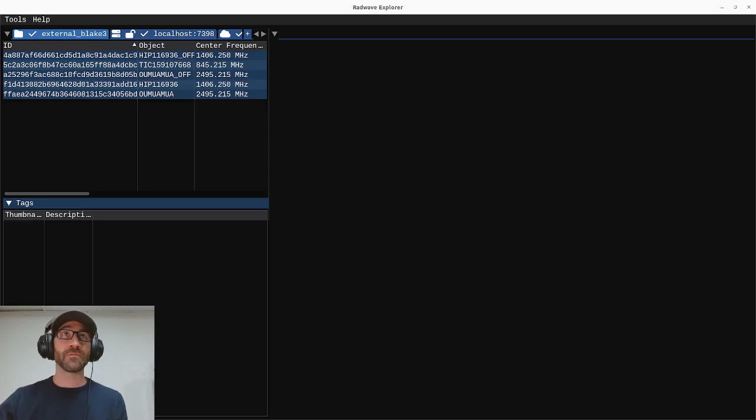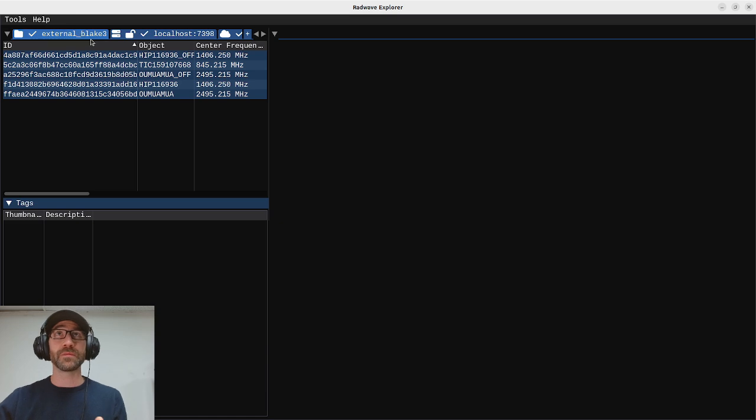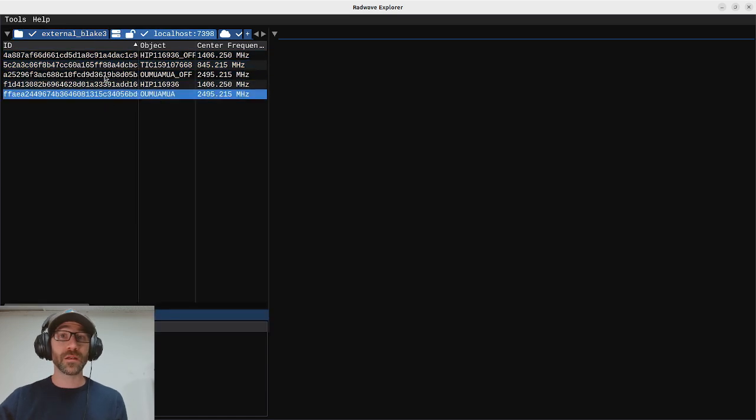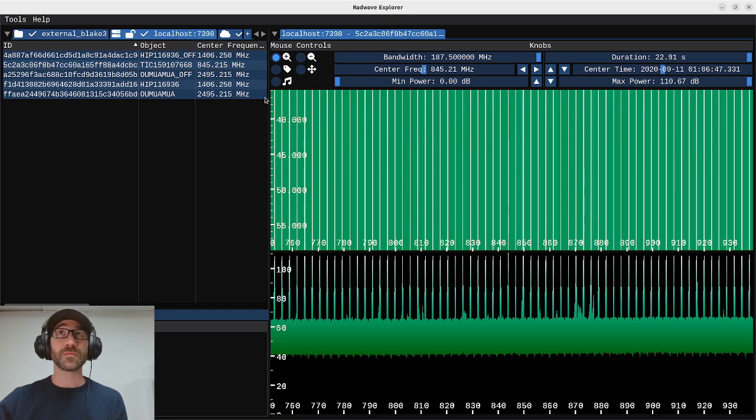Here I've got Radwave running. It's connected to this localhost 7398 port. And we can see this list of collections. This is showing the exact same data as what I currently have sitting in this external Blake 3 folder on my machine. Going between these two, we have the exact same thing present. And I can click on any one of these to see what's available. And if we take a look at what our server is actually running,